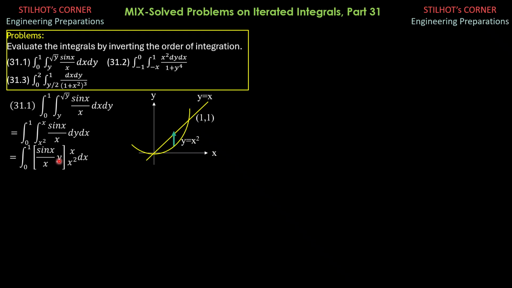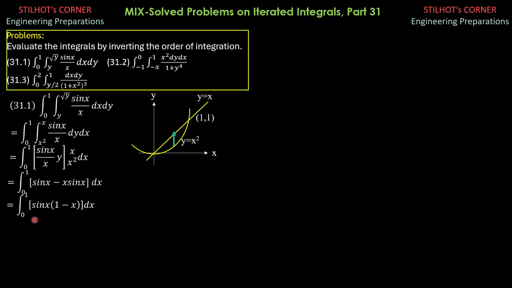So this is x divided by x, so sine x. So we have integral 0 to 1 of quantity sine x, then substituting the upper limit sine x over x times x squared. X squared over x is x, so minus x sine x. Then we have integral 0 to 1 of quantity sine x minus x sine x dx. So I just explained this result here. Factoring out sine x, we have integral 0 to 1 of quantity sine x times quantity 1 minus x dx.